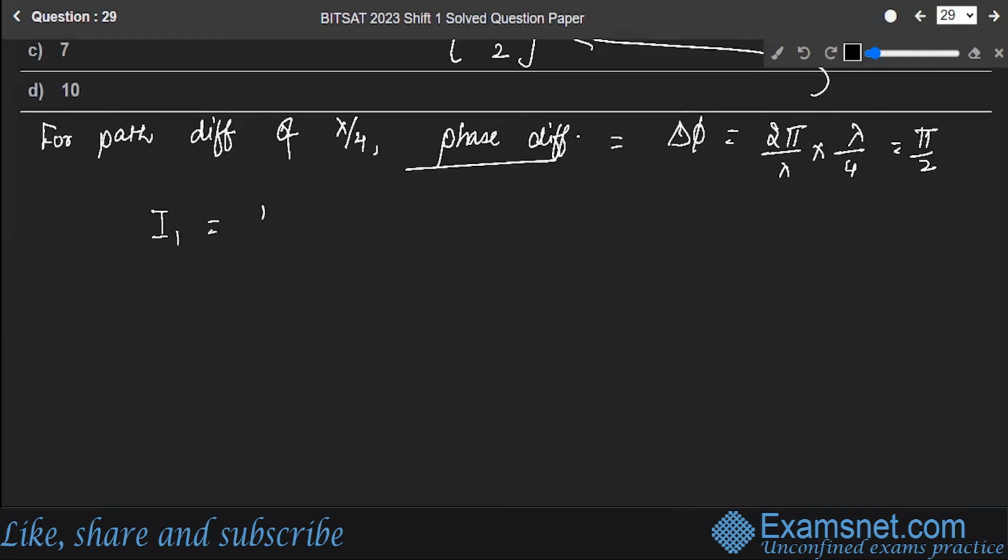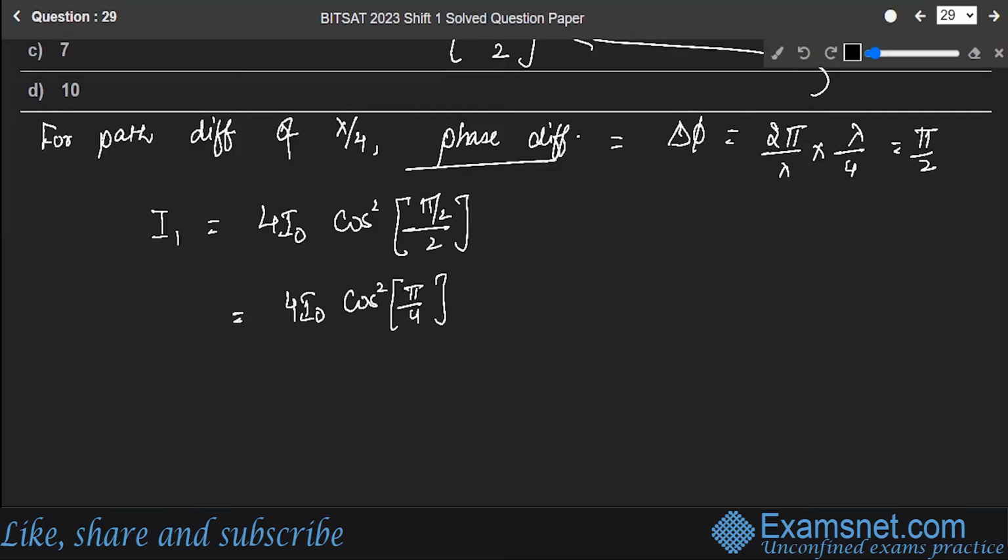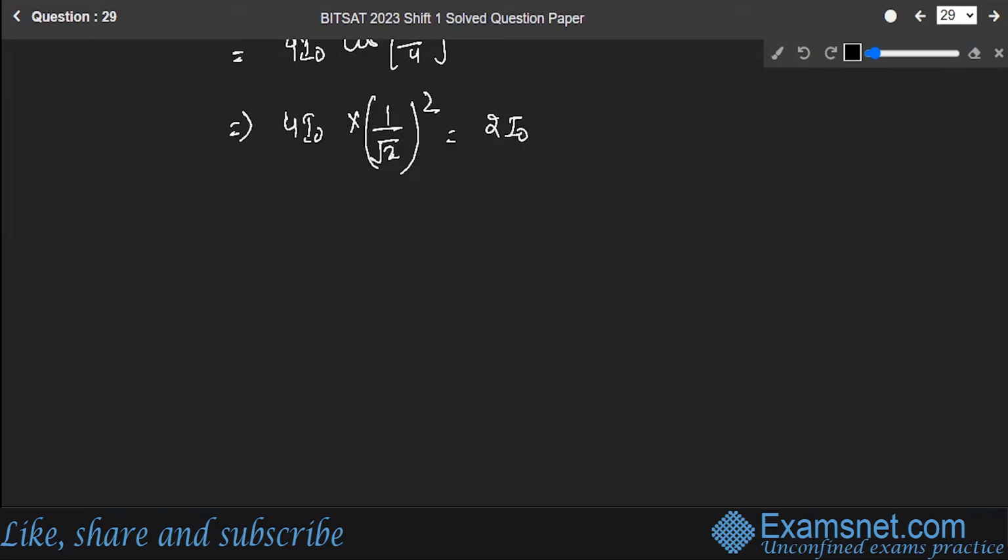So I1 will be equal to 4I naught cos square pi by 2 upon 2, which is equal to 4I naught cos square pi by 4. So this is equal to 1 by root 2 whole square. This will give you 2I naught. Okay. Similarly, for path